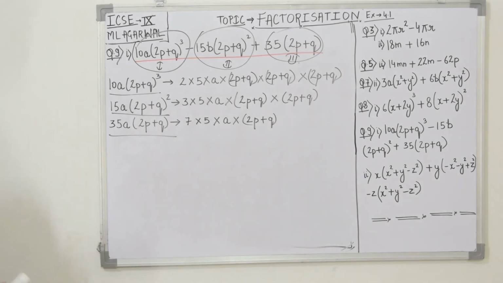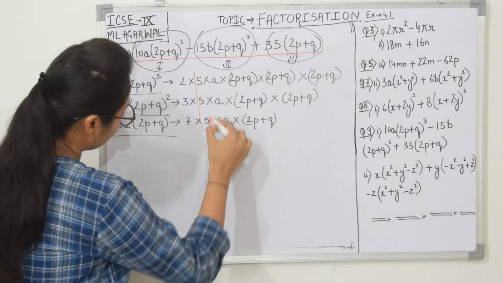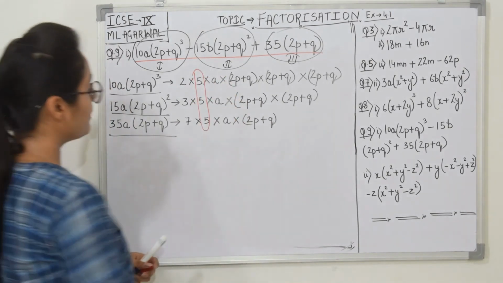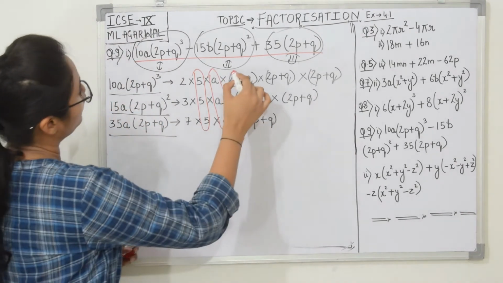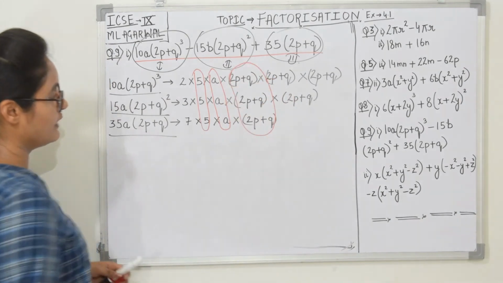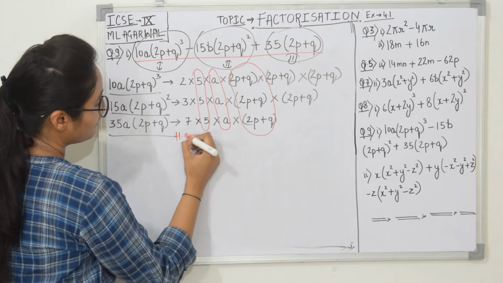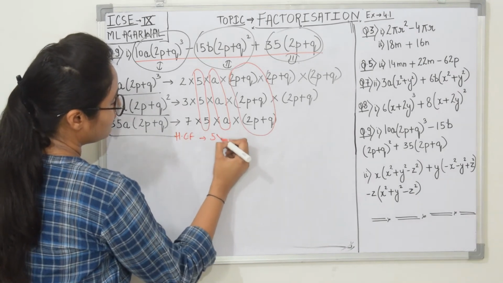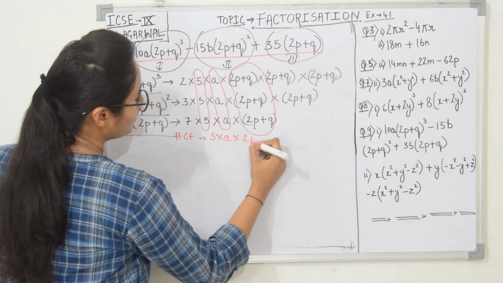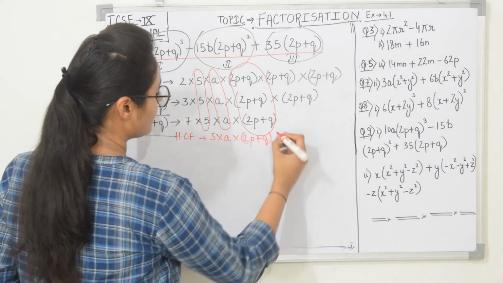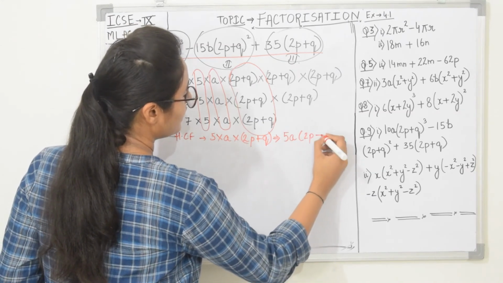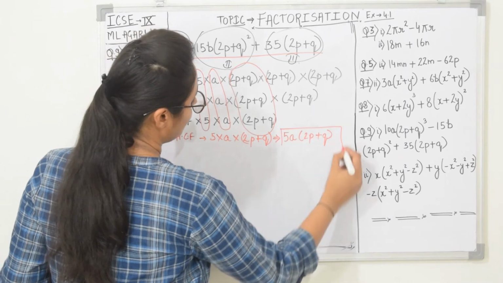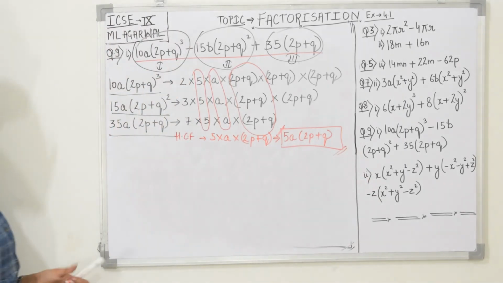Okay. Now filtering out the common terms has become pretty easy. So 5 and 5 clearly visible here. It is common. A and a is also common in all these three terms of the polynomial, and 1 2p plus q we are having common here. Now see, the HCF which we have got here is what? 5 into a into 2p plus q inside the bracket. So basically we are done with 5a 2p plus q is our HCF. See, the question became very much simple.